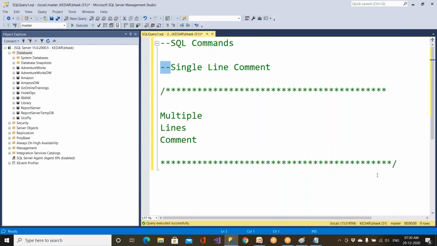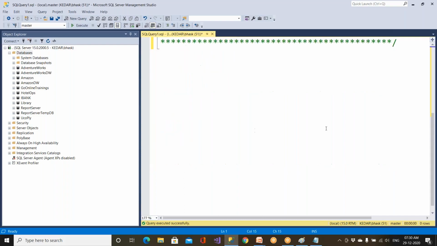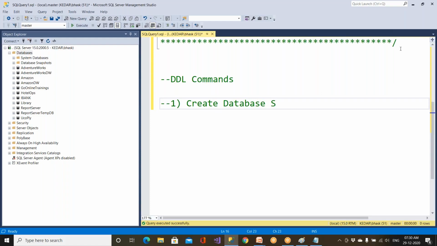So if you wanted to write some SQL commands, first we need to deal with DDL commands. The first command I'm talking about is the create database command. Syntax means how to write the code.